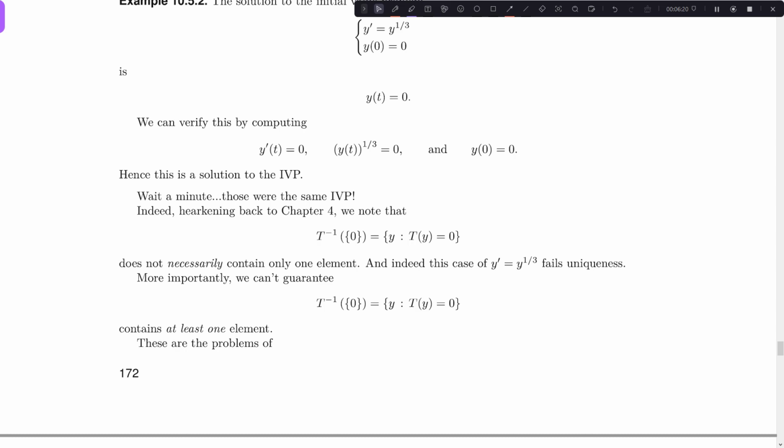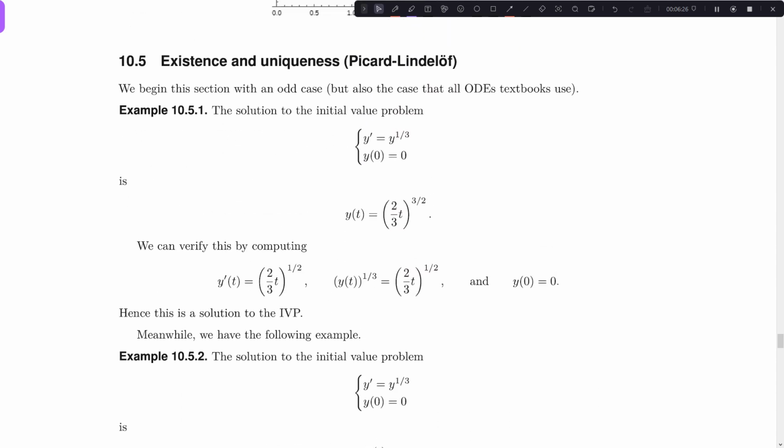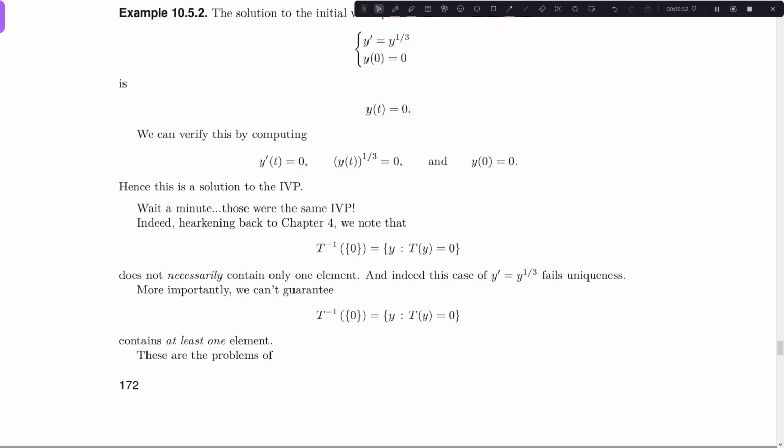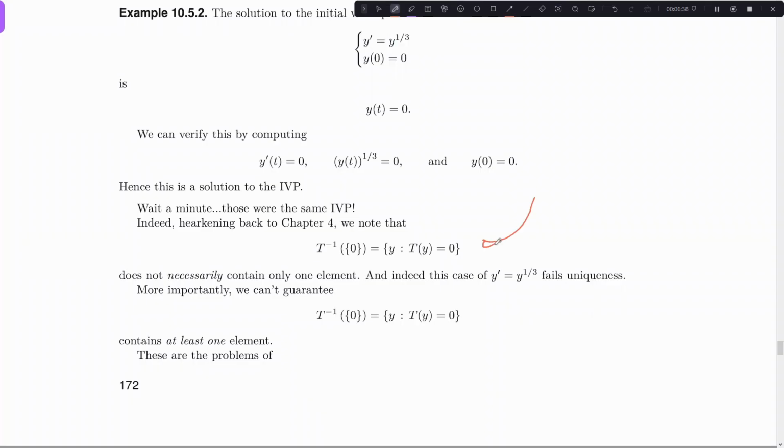Or sometimes it's empty and it doesn't have any elements in it. And either of those are possible problems we can run into, and that's the idea of existence and uniqueness. If you satisfy conditions, we say something about, oh, this preimage set has exactly one element inside of it. That's what we want to say. Okay, so maybe what we're trying to answer